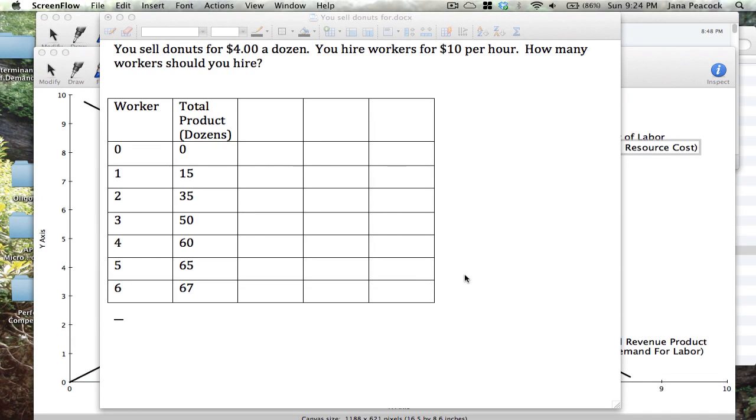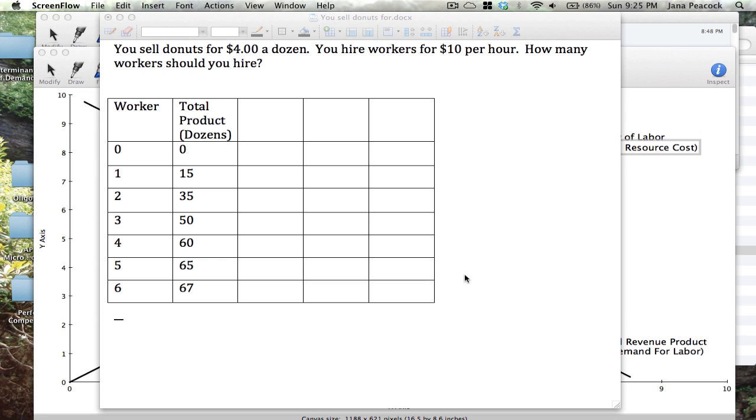Hi everybody, you are now in the lucrative business of selling donuts, and you sell donuts for $4 a dozen while you hire workers for $10 an hour. So the question is, how many workers should you hire? If you take a look at a chart like this, which is what you would likely be given, you can